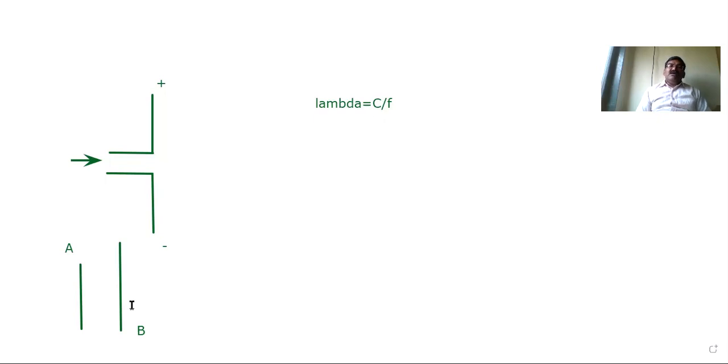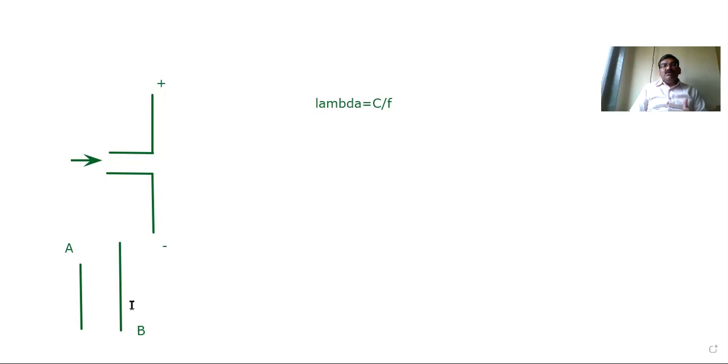Now we will understand what we mean by the electrical dimension of the antenna. And always for the comparison, this is the most important parameter. If you see any paper, there they say the compact antenna. Now compact means in terms of size. If you are using an antenna for a lower frequency in megahertz, its size is larger. If you are using an antenna for the frequency of gigahertz, its size is comparatively very, very small. Why? Because it is lambda dependent.